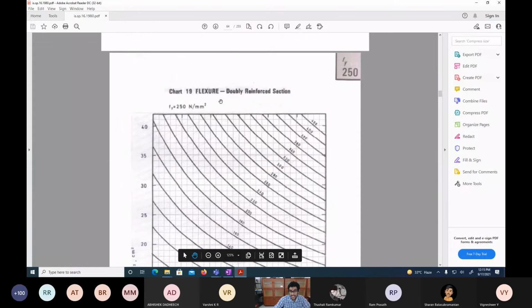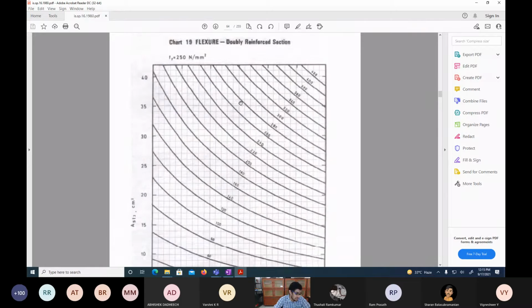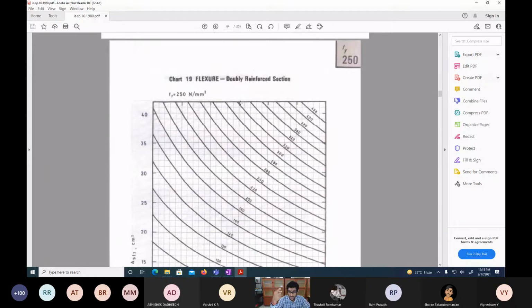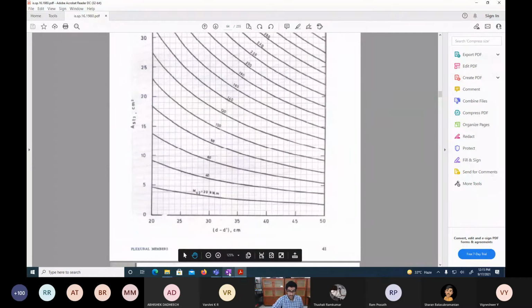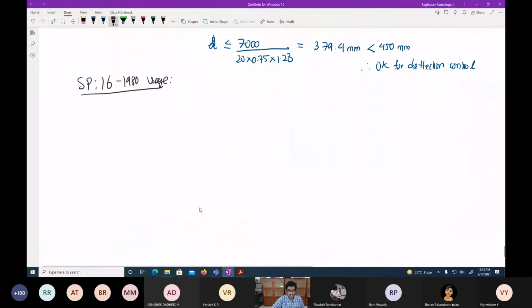Only thing you should remember is this chart is only for Fy 250 Newton per mm square. It is not present for any other grade of steel. If you have any other grade of steel, you have to use the modification table which I showed you a little while ago, a few pages back. I'll tell you how to do that. So for our problem, our delta MU is 169, or in SP16 it is written as MU2. So that is 169 into 10 power 6. Let me keep this as 169 kilonewton meter itself. My D minus D dash